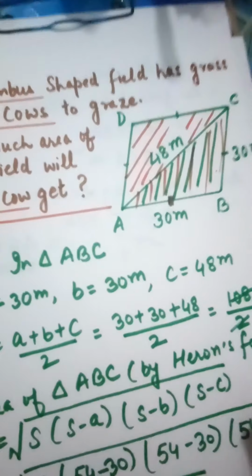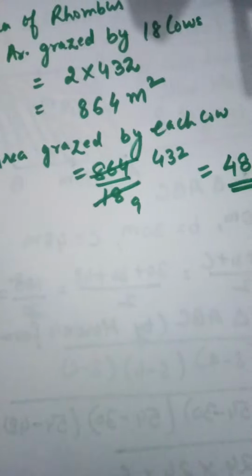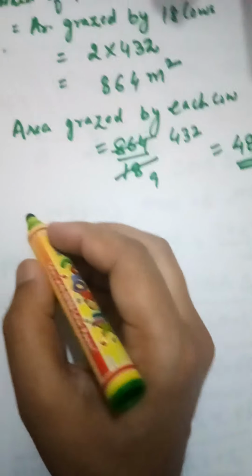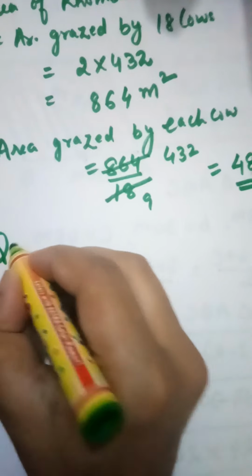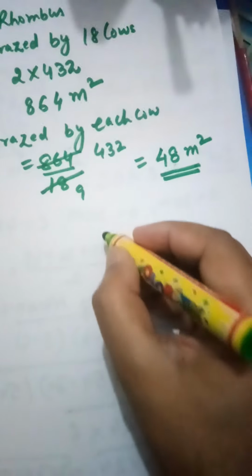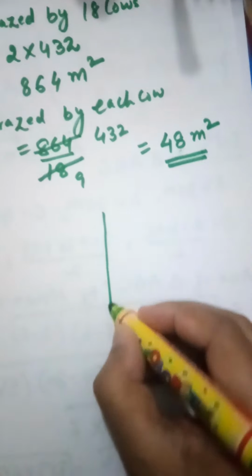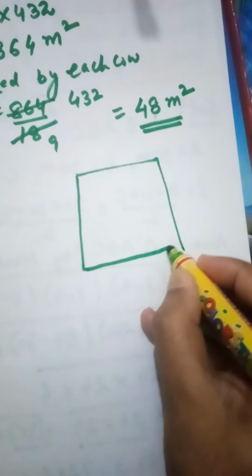Now we are going to take the next shape, that is how to obtain the area of a quadrilateral in which we are given the sides. We are not doing it completely, but I am just giving you the detail for that only. So this is question number 2, and I am going to give you a quadrilateral. We have a quadrilateral ABCD. I am making it roughly because no angle is mentioned in that.